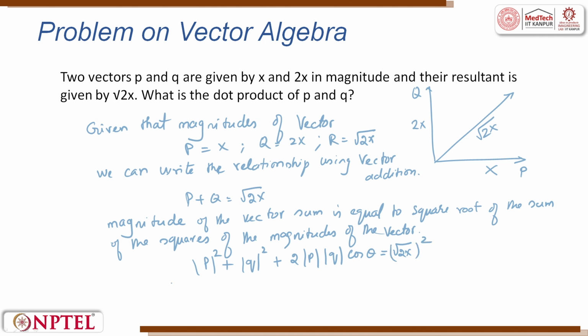So, now substituting the given magnitudes, what do we get? We get x square plus 2x square